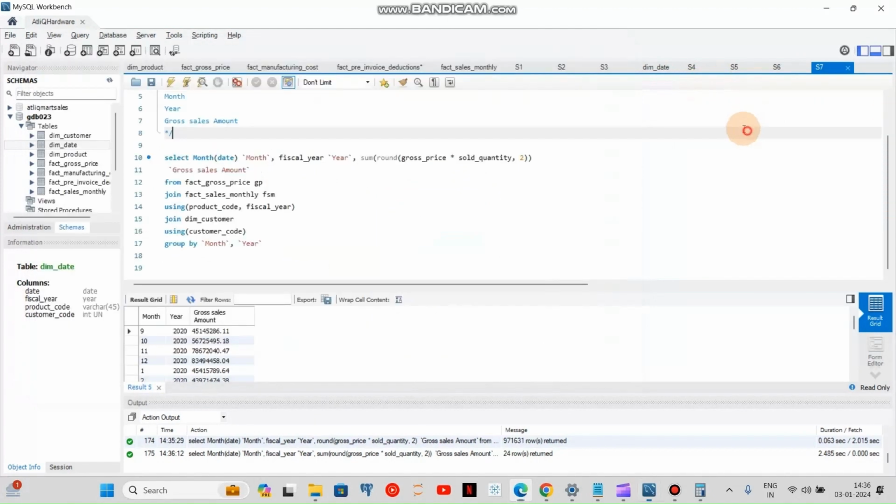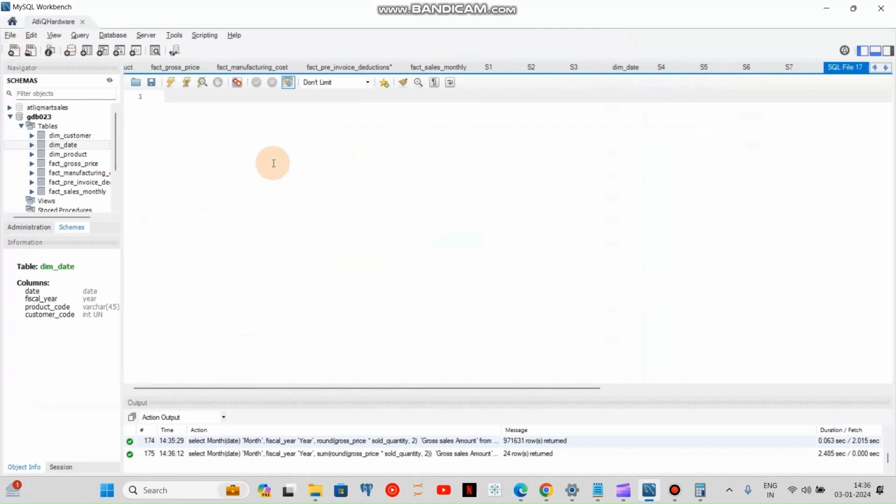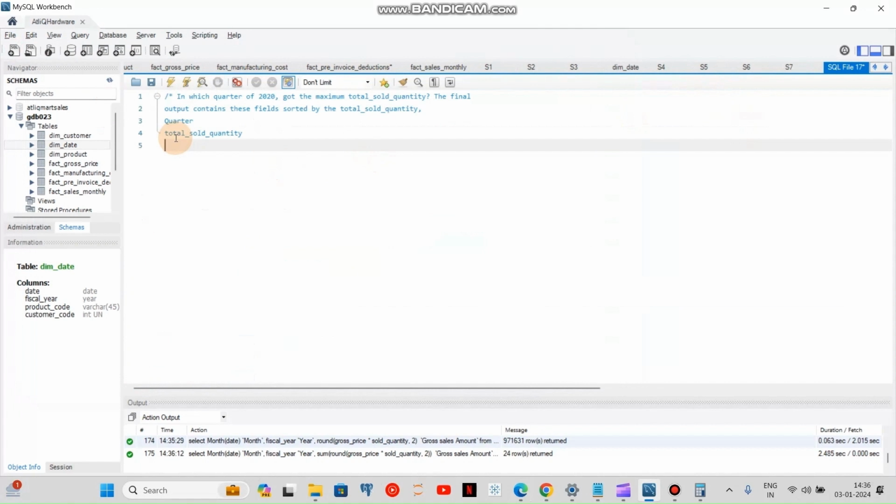So copy this, open a new SQL file, create comment, paste it, close comment. And I want in which quarter of 2022 got the maximum total sold quantity. The output contains these fields, quarter and total sold quantity, and this has to be ordered by